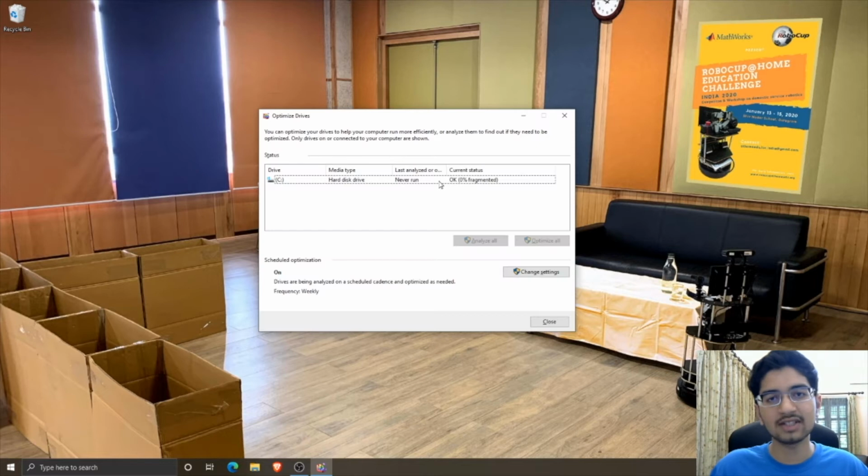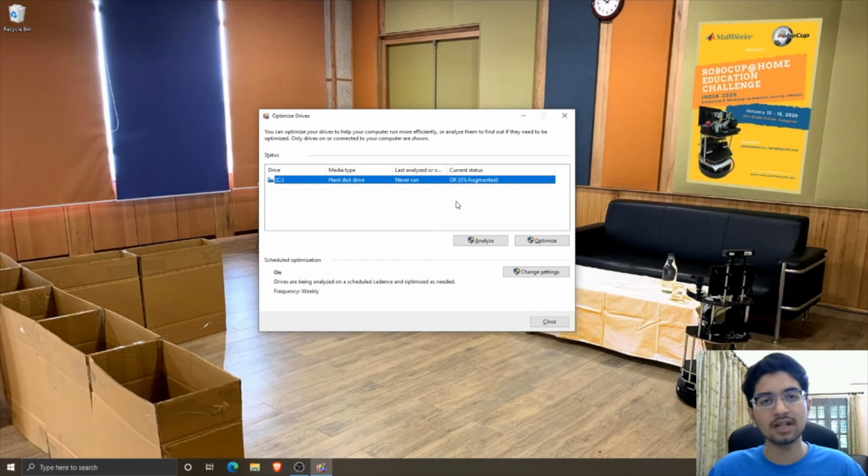You will find your drive listed here. After selecting it, first you need to click the analyze button. It will scan your drive and show how much of it is actually fragmented. Then when you click the optimize button, that will defragment your drive, and so in the process it will make sure that the minimum space is actually being used by your drive. Once both of this is complete, you can just close the window. These two steps might take a little bit of a while, so make sure it runs until the system prompts that the process is complete.